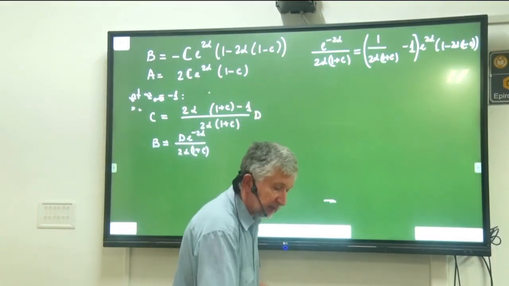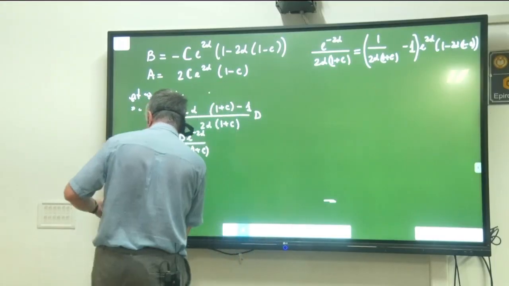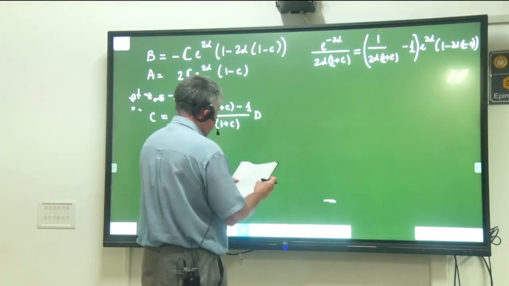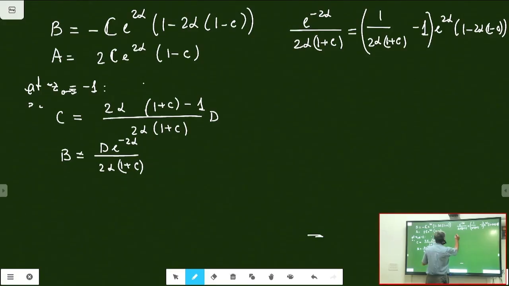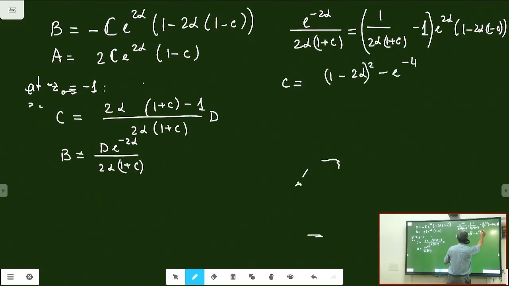And if we resolve this, again, I will skip the algebra. I will simply state that c is equal to 1, not plus minus, two alpha squared minus e minus 4 alpha